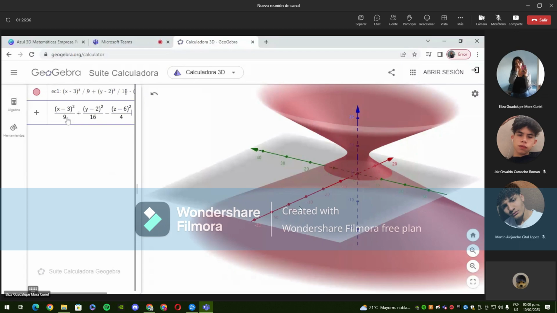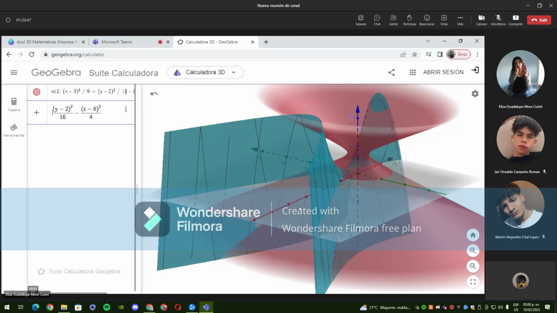First, we're going to remove the x variable. And remember, the equations need to be always equal to a value